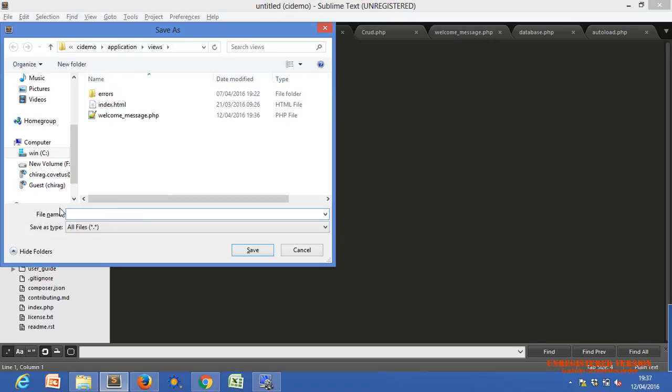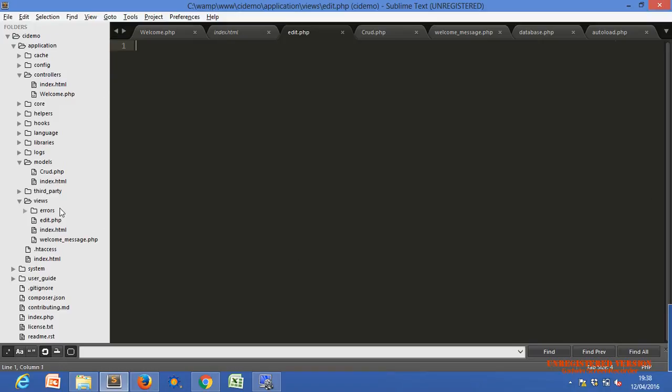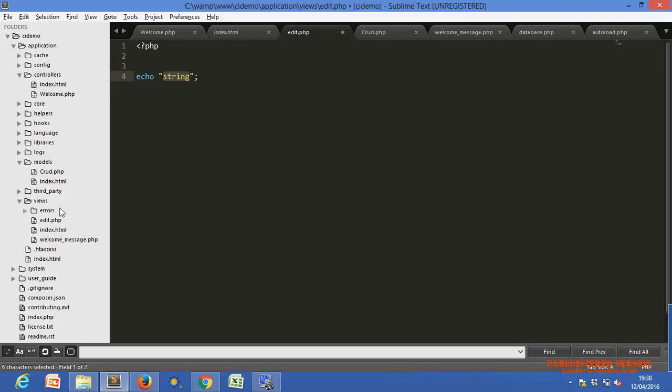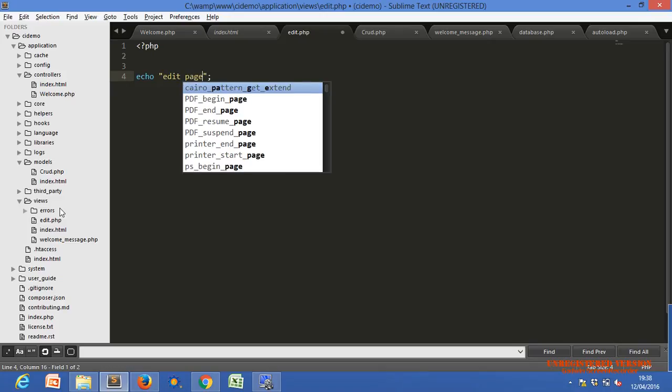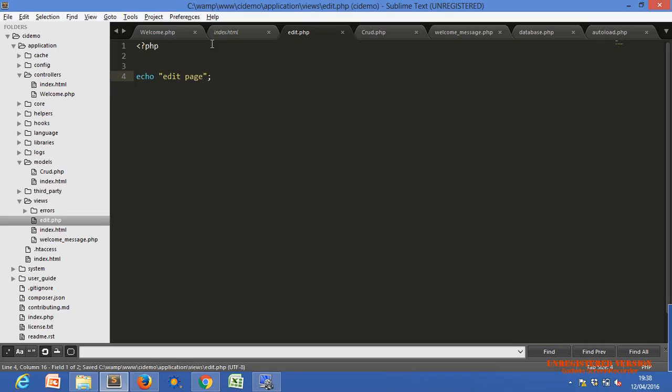Just save it as edit.php. I'm just echoing simple text, edit. Now we have to load this view page.